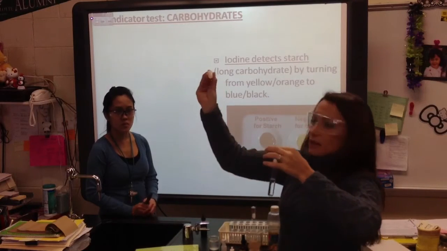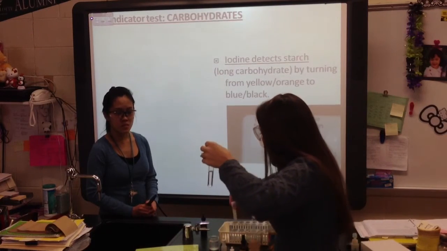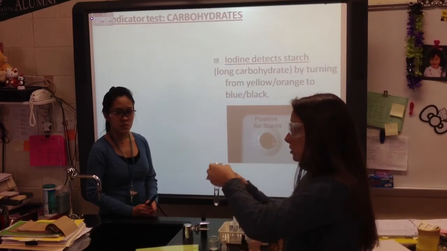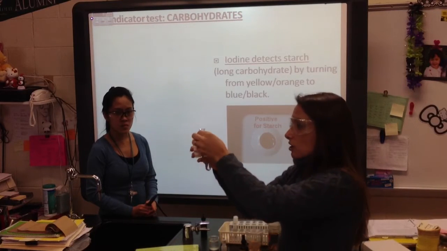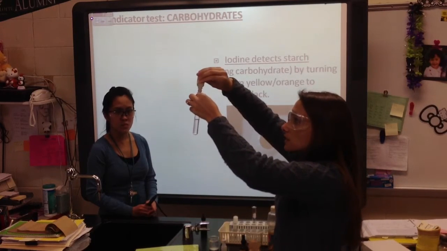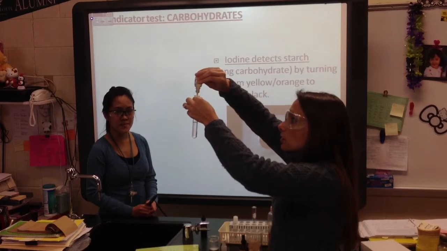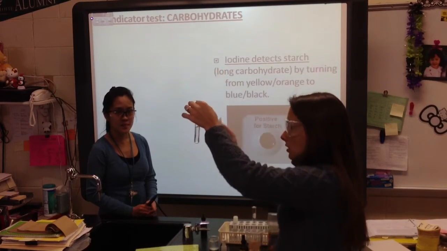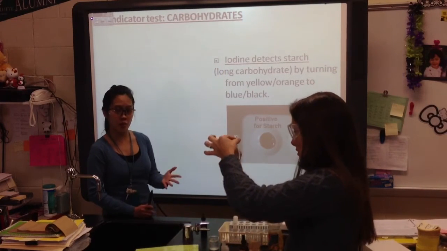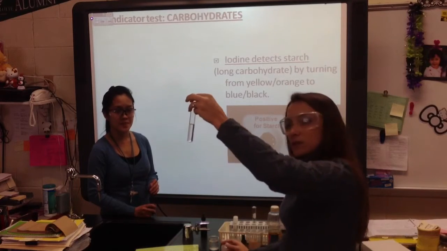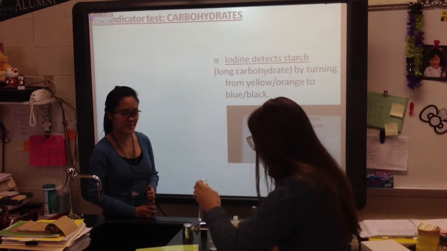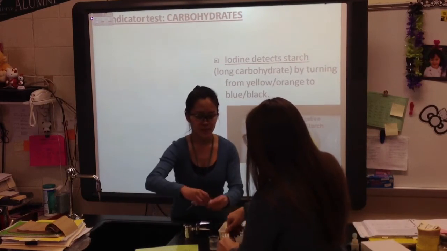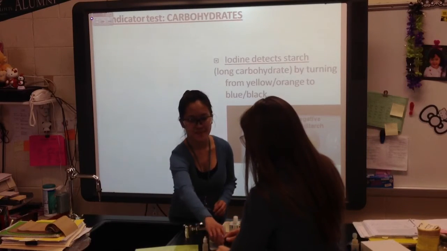So when you perform your test, you'll be adding some of your sample to the test tube. Remember, you're testing this unknown sample, but I'm going to actually show you what it looks like if you're adding starch. So I add my 15 drops of starch. And you'll notice you have to add the water first to it. I don't see a color change yet. But when I add my 4 drops of iodine,